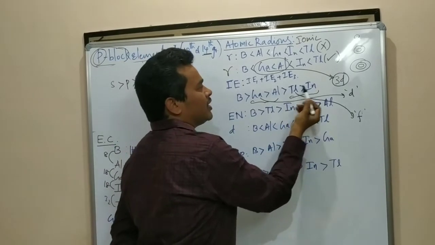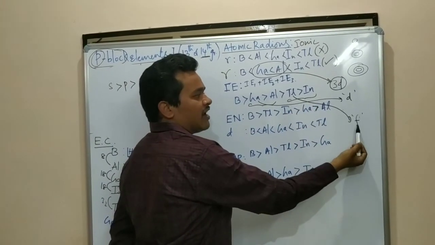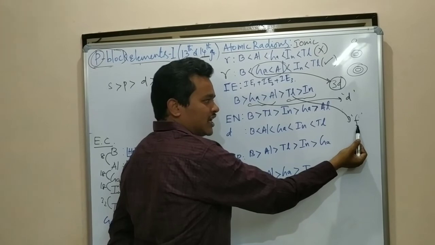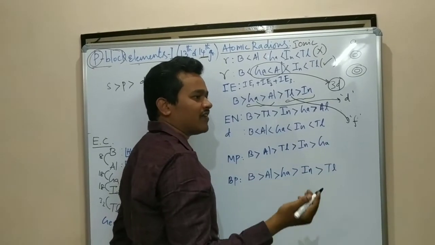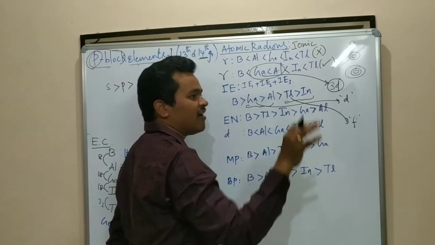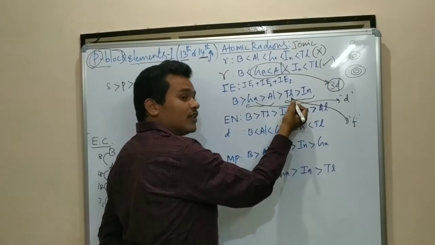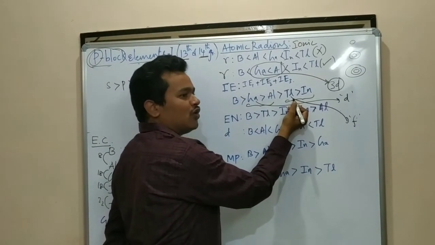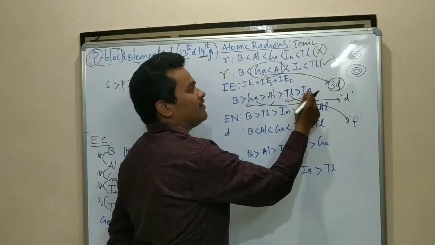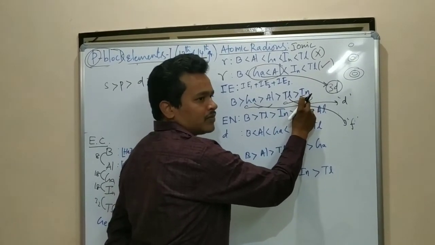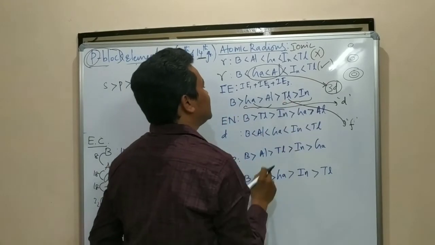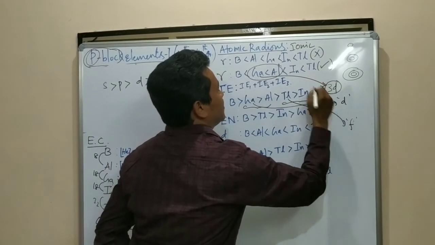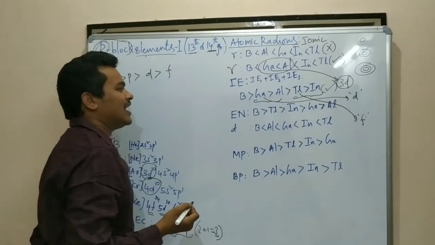Here thallium, indium. In thallium there is an F orbital. It is also showing a poor shielding effect. So the nuclear force of attraction is falling on the valence electrons. Valence electrons are under the control of the nucleus. So if you want to remove the valence electrons, you have to give more energy compared with indium. That is why we follow this order. It is the correct one. And next, general characteristics.